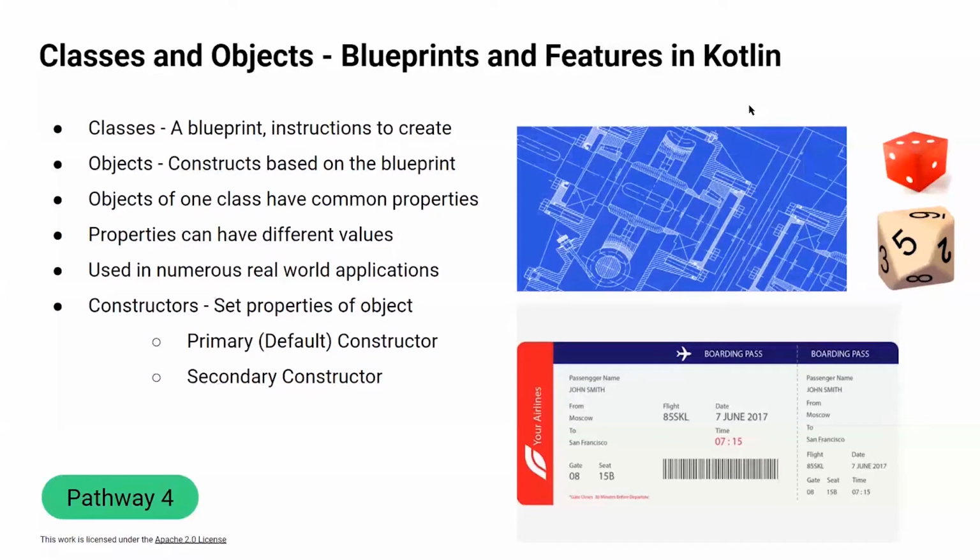So for a class, let's say a house class, the blueprint would mention you have to have material, a certain number of floors, a certain number of rooms, and location. That's all it tells you. What each of these should be depends upon you when you're building the actual house.